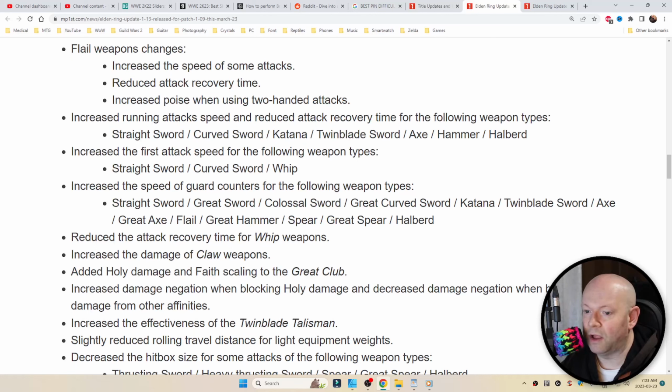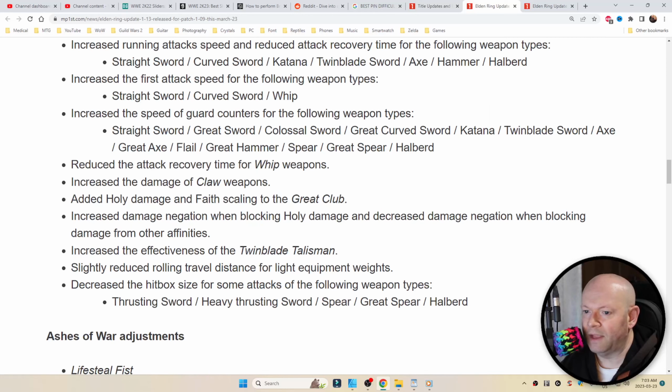Increased the damage of claw weapons. Added holy damage and faith scaling to the great club. Increased damage negation when blocking holy damage and decreased damage negation when blocking damage from other affinities, such as the